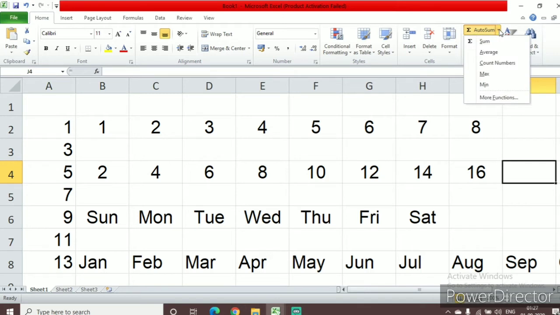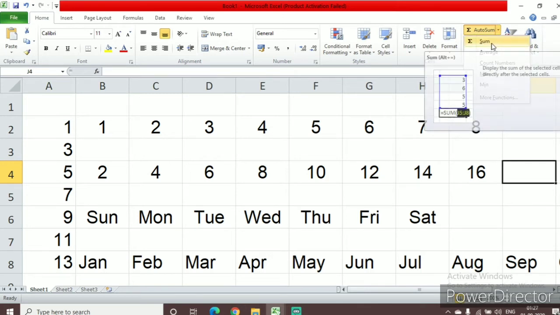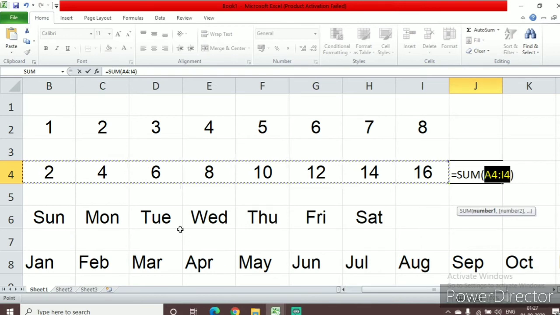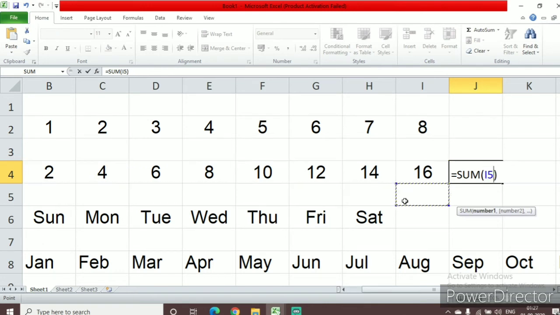You just click here. So automatically this entire thing has got marked. Can you see these dotted lines? And the moment I say enter,